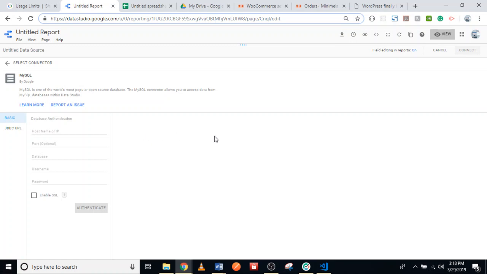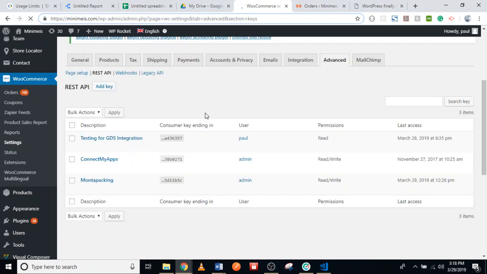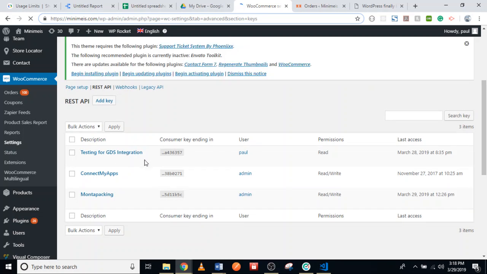Now this led us to trying to see whether we can use the WooCommerce API. Whenever you install a WordPress website or a WooCommerce website, you by default have an API. So what we did was we created new API keys, because the ones that were in use before were revoked. So I created API keys, this one, testing for GDS integration, and it's under the user Paul,